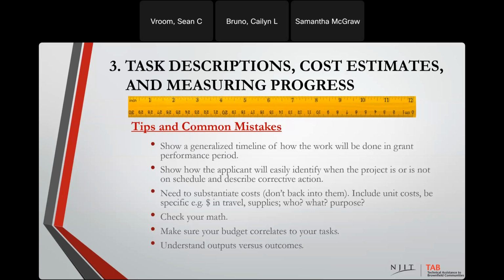And then you have to understand what outputs are versus outcomes. In these grant applications, when they ask you for outputs, they're asking you for the number of public meetings you're going to have, number of sites you're going to do phase 1s on, number of phase 2s, things of that nature. Outcomes are more: what are the health benefits for the community after this project is completed? What are the economic benefits? Think more in long terms, and outcomes sometimes are a little harder to measure, but that's the difference between the two, and make sure that you understand that and you list that information accordingly.